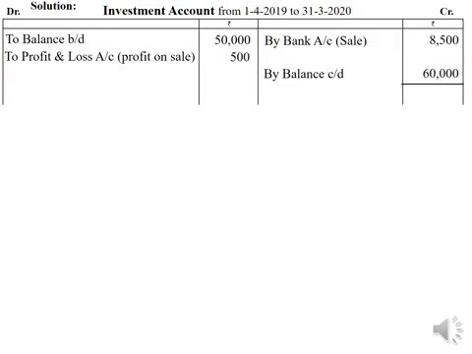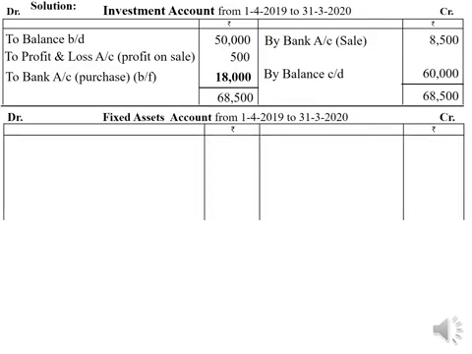Balance the account on credit side, it is 68,500. Take it on to debit side, 68,500, and find out balancing figure. It comes to rupees 18,000. This 18,000 has to be treated as purchases of investment during the year and recorded as to bank account purchases balancing figure. This 18,000 is treated as outflow of cash on investment activity, and that 8,500 sale value will be treated as inflow of cash on investment activity.